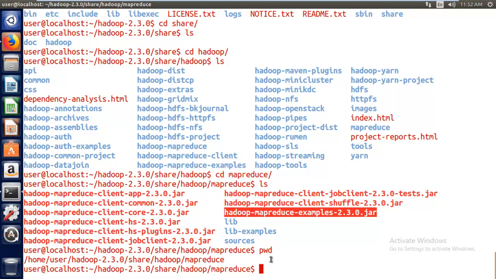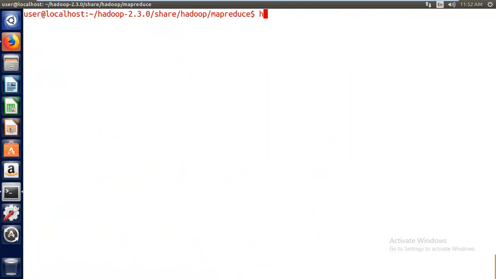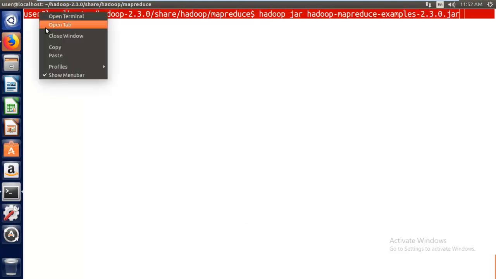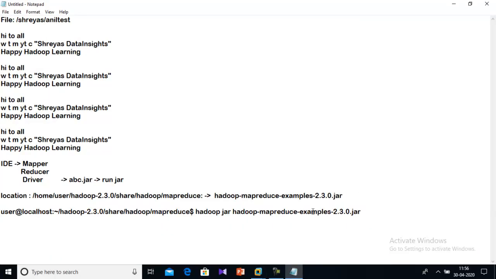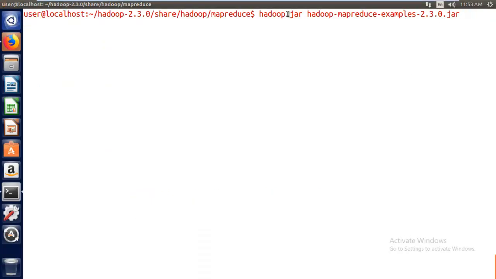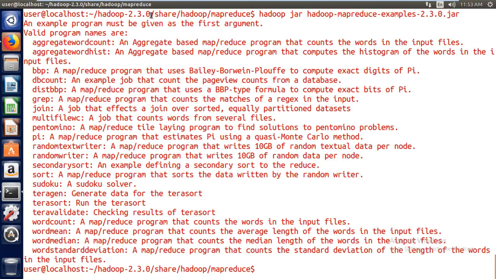Now we'll see what's there inside the jar file. So hadoop jar, and write the jar file name. This is the command, guys. Please do remember. I'll be copying it anyway. So if you say like this, hadoop jar followed by the jar file name, then it will display the available class files or the program files. So just press enter here. So here you can see